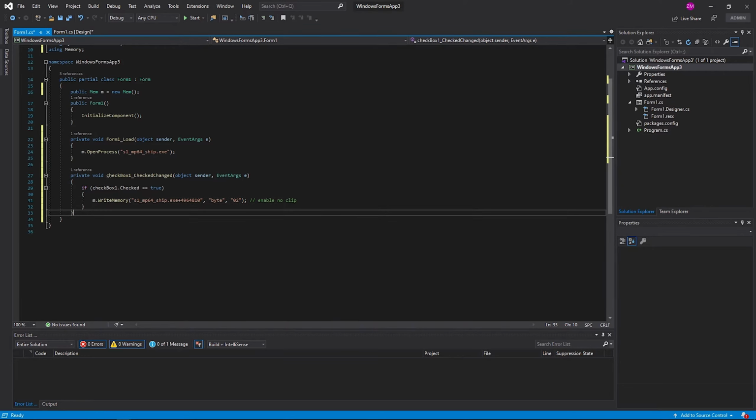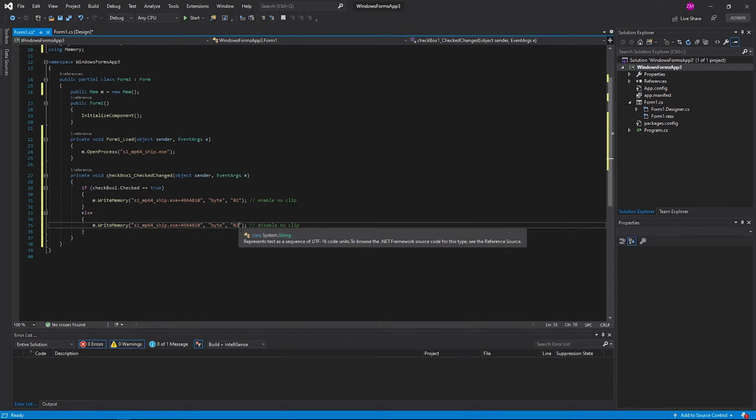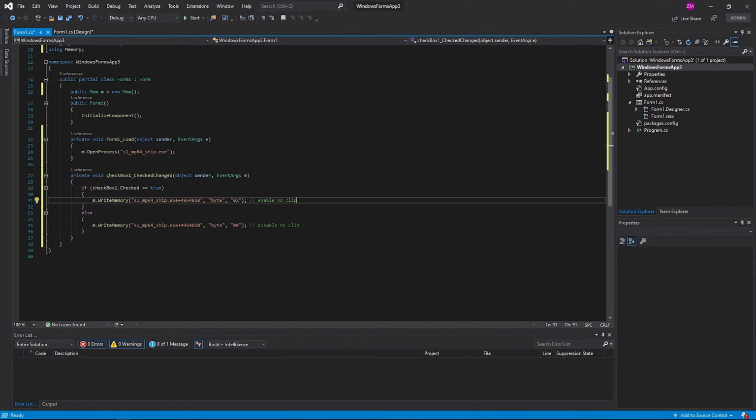All right. So then after this, we're going to add an if else statement. So we're gonna say else. Otherwise, if it isn't ticked, what am I doing? I'm gonna copy and paste it, because you know what's programming without copy and pasting. I'm gonna say disable no clip, since it's the same address but just a different byte, and we're gonna make this a 0. Okay, so